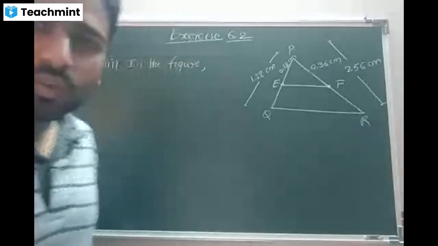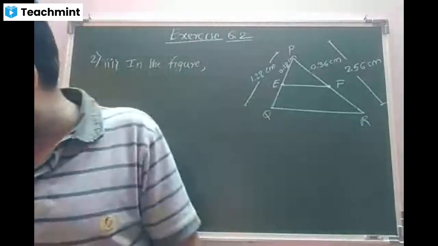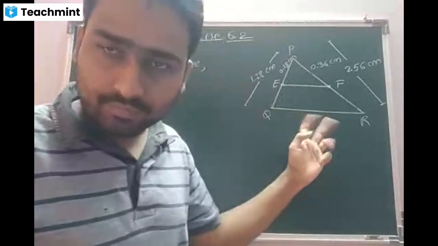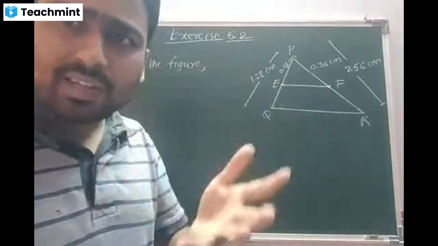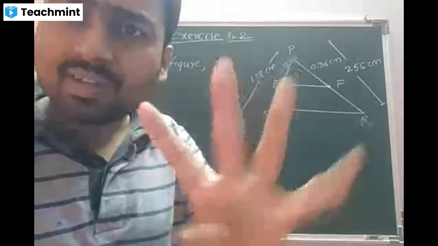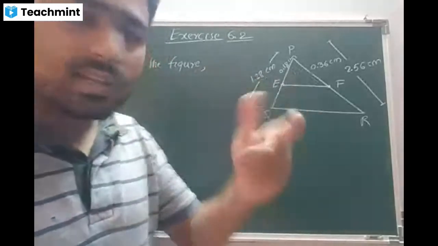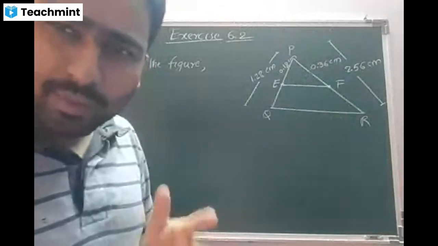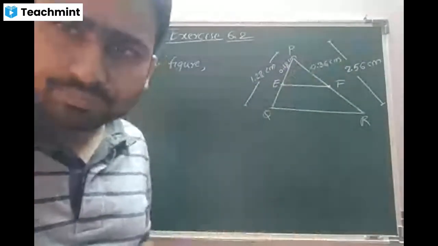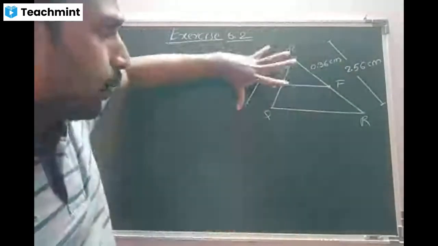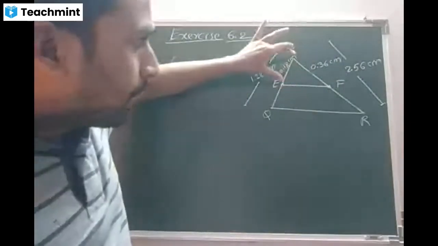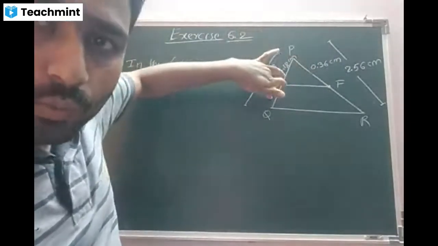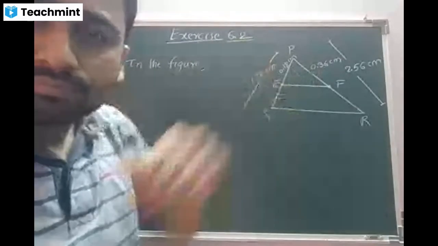So students, look at the concept here. Again, we need to check whether it is parallel to this or not. Beta, look at the change. Earlier, 4 parts had been given and the work was very easy, this by this by this. But now one extra work we have to do. The whole part PQ is given, a part PE is given. So this minus this, you'll get the EQ value. Am I right, beta? Yes, sir.